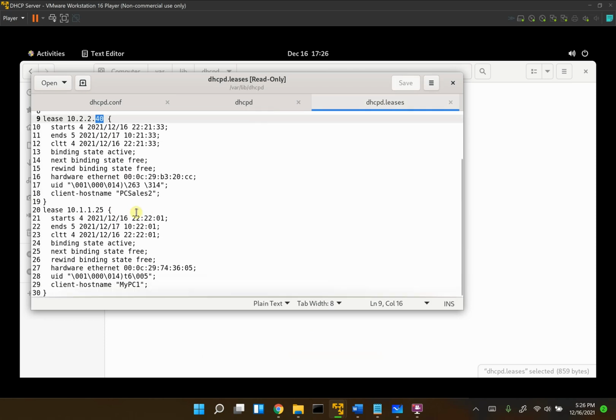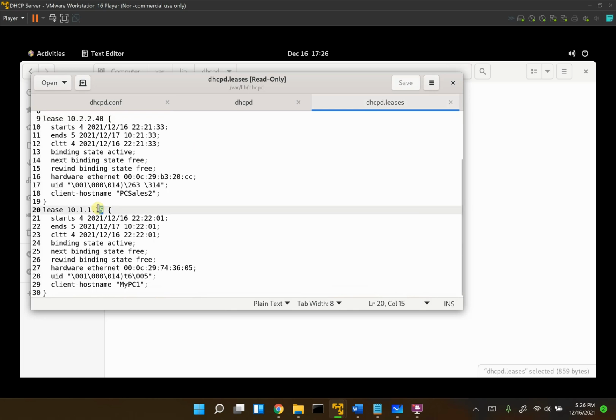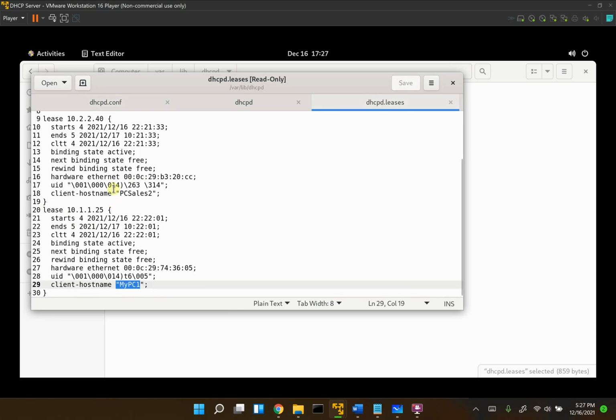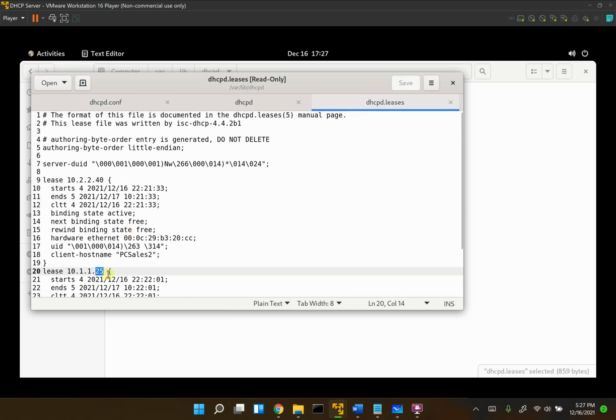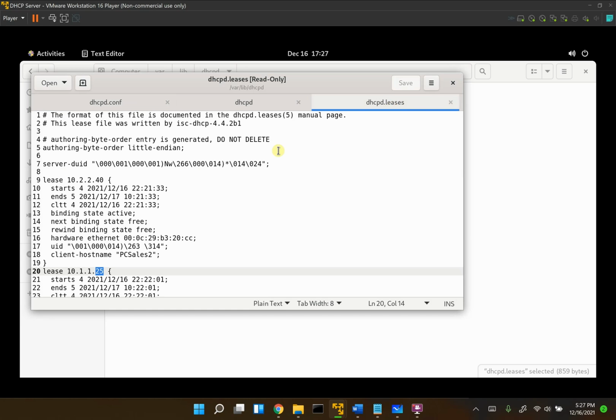Awesome. We go down here. We had our configuration file. In this case, it gave it 25, and it's PC1 or Ubuntu 1. So it's between this range here. That's the one thing you've got to make sure of. Because I've done this exercise a few times, and I've run this server a few times, that's why it's starting with 25: it's leased the other addresses, so 20, 21, 22, 23, yada yada, to other devices that no longer exist, and it won't update itself until